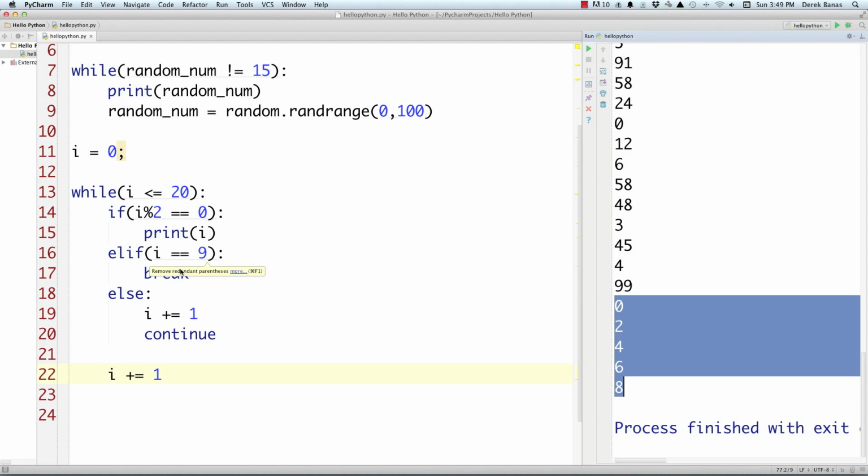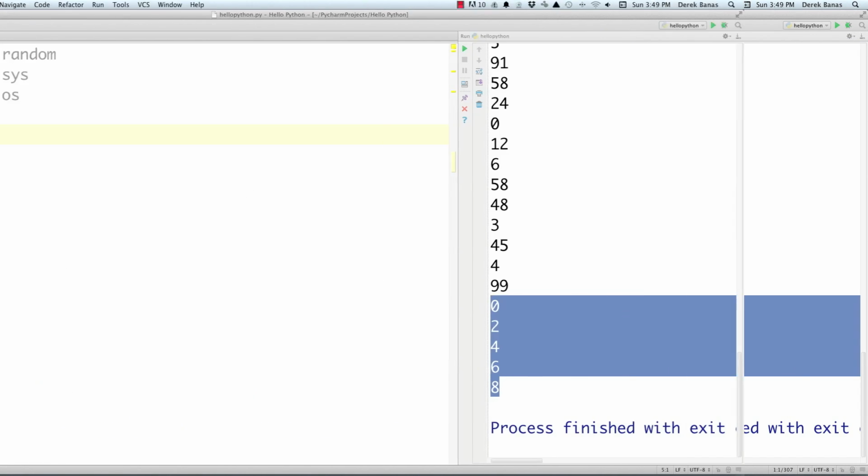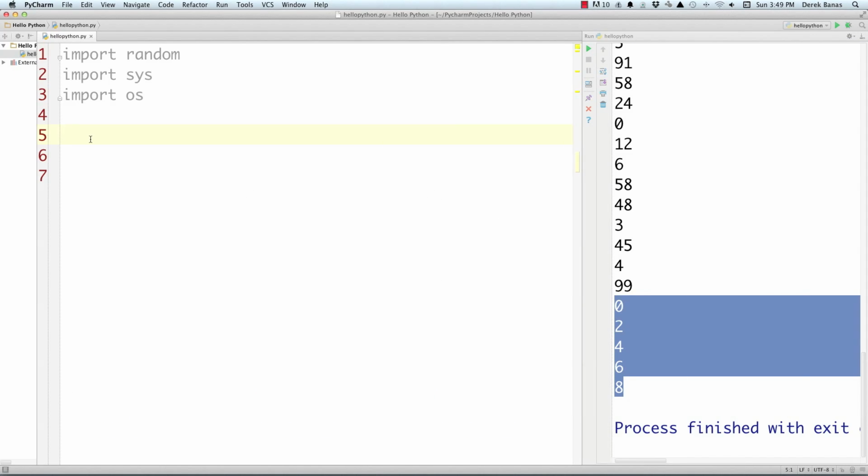It got to 9. It jumped out of the loop altogether and ignored everything else. So that is a rundown of how while loops work. Now we'll take a look at functions, which are going to allow us to both reuse and write more readable